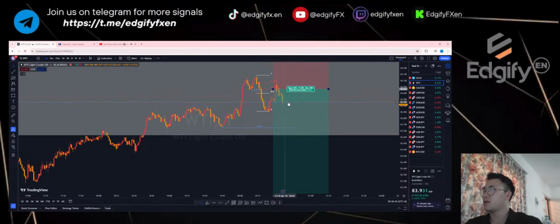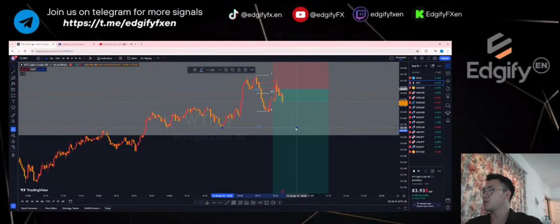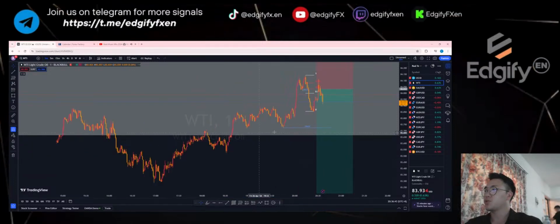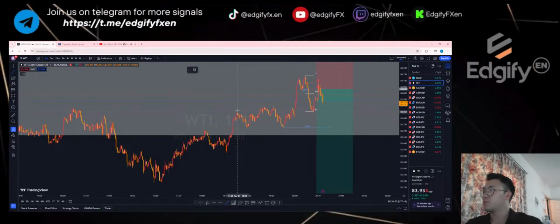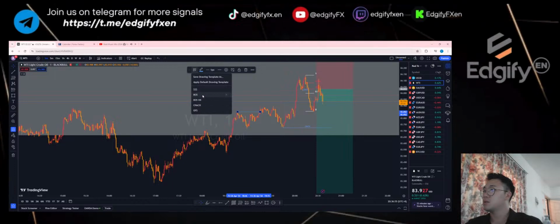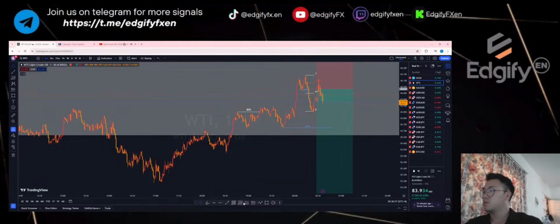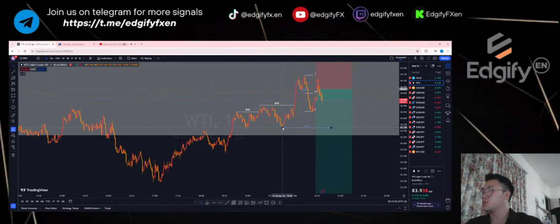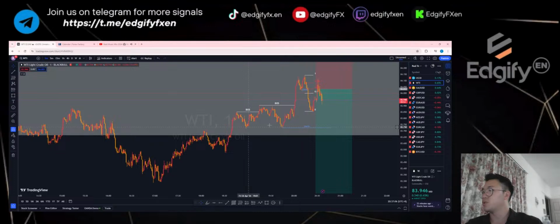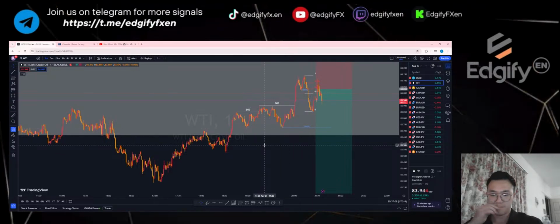If you guys took this trade, you are currently up in profits here. Like I've said, for me, I'm waiting for this break here, because this is the 1 minute low. Basically, this is the previous high. We have a break here, so the next high will be here, and we have a break here. We want this to be taken out because this low and this low are different.